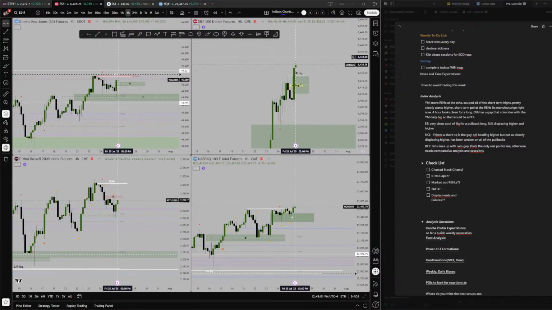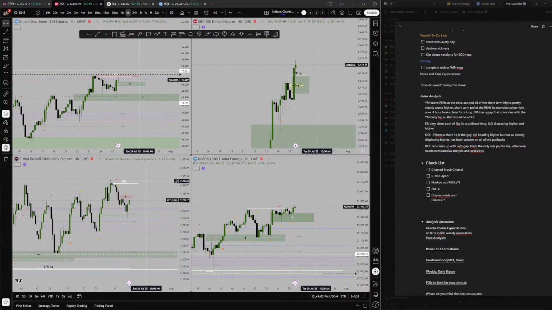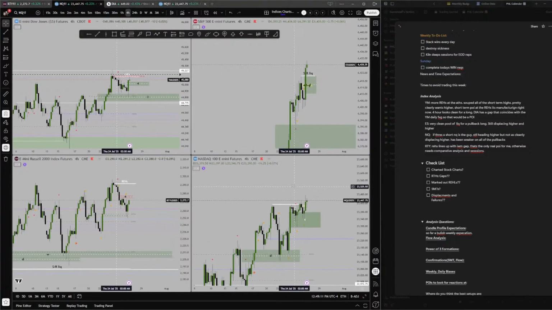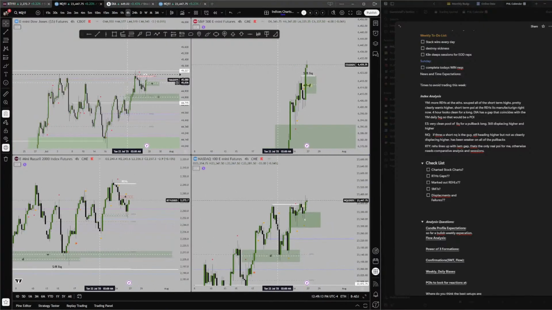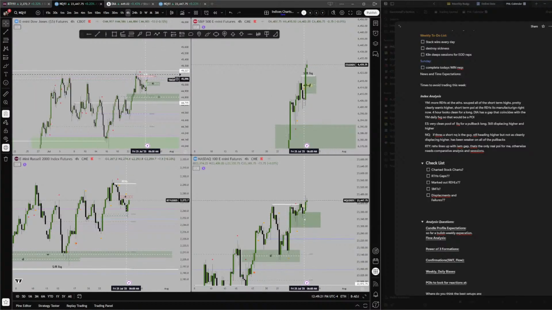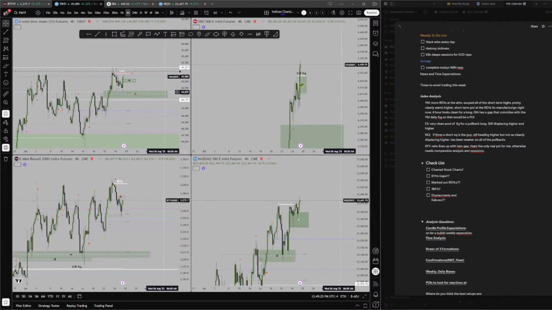These could all be longs, but it's more that Russell hasn't taken out liquidity yet, whereas these guys are already in some sell side liquidity. And YM may get a larger sweep too. So we'll be watching the internal range, but we could just sweep this high by a few hundred points, and then maybe that same day we have a lot of news, so that same day we could easily come back. Monday has no news. So Monday I would expect